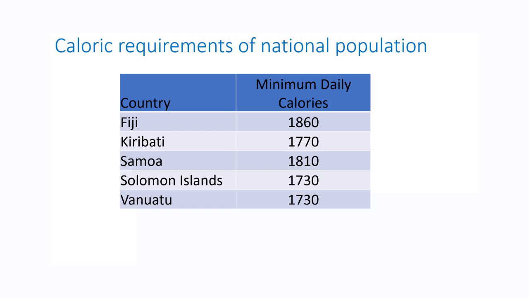Many analysts consider these not to be realistic calorie requirements, so often a different measure is used. 2,100 is common, as is 2,400. We are recommending a universal measure for the Pacific, though we have not yet determined what it is.